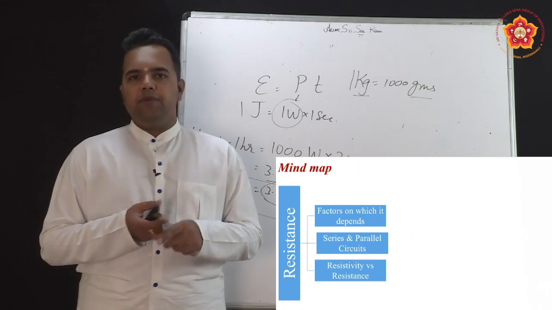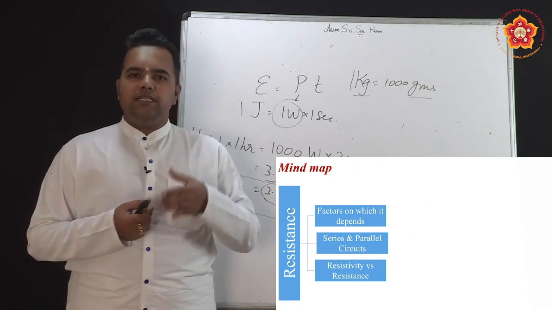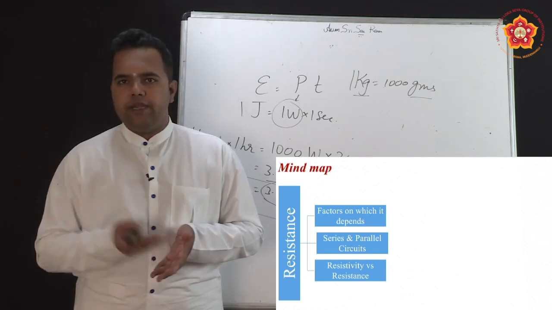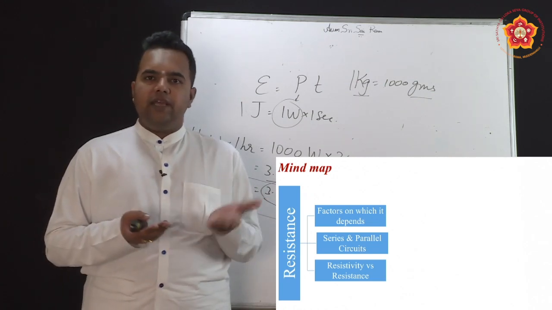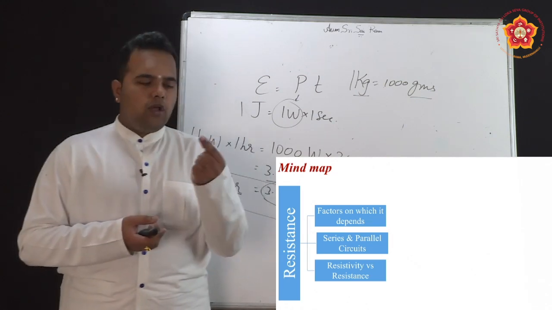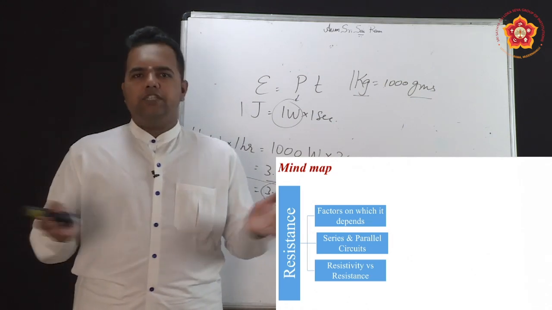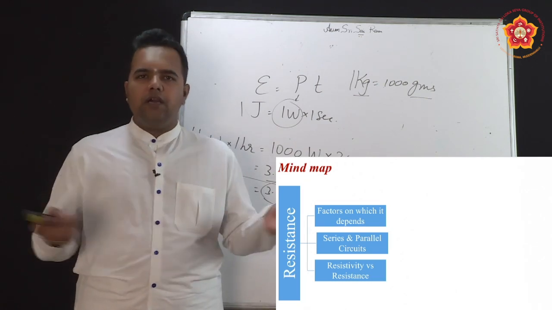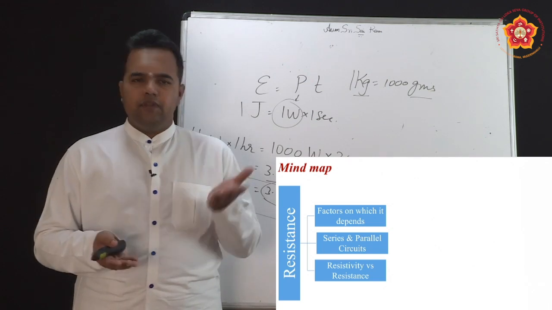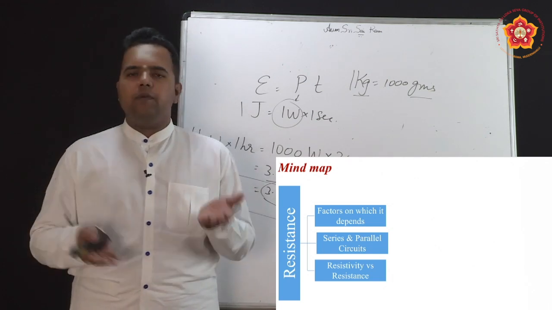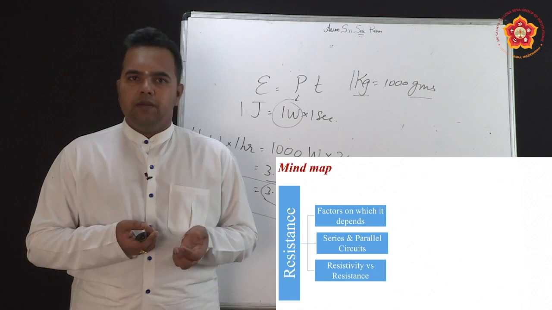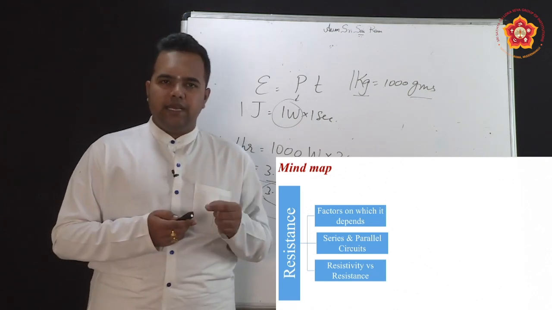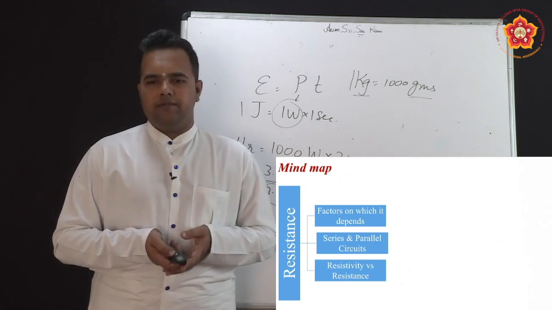So resistance depends on the external parameters. Resistivity is more to do with the quality, while resistance is to do with the quantity of the material. Resistivity is the quality of the material. So a small blade of copper and a wire with thick diameter and longer length of copper both have the same resistivity. But resistance is different for both of them depending on the external shape, size, length, area and so on.